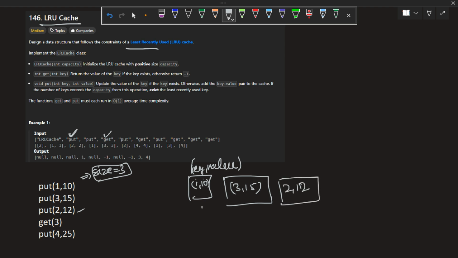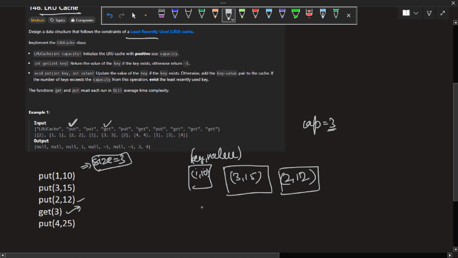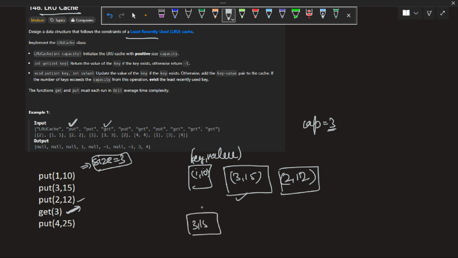So now we have capacity equal to 3, full. So now we want to get the key 3. If it exists, then we have to return the value. So now it exists, and in an LRU cache the least recently used will be at the first position. So the least recently used is now 3 because we are getting this one. So this will move here after this, and this will go here,